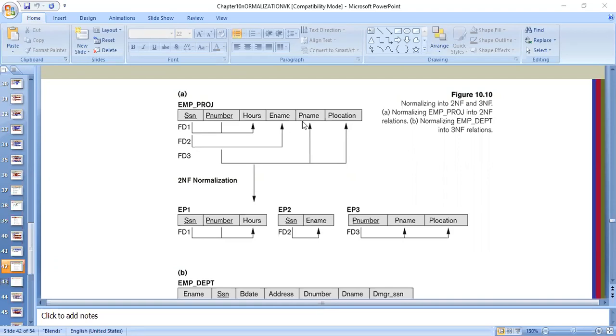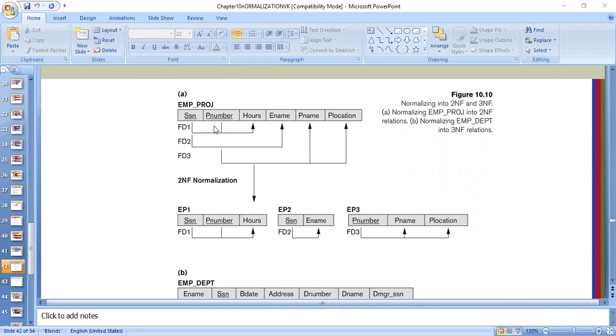First you have to show this part and say that it is not in second normal form. So you have to write that to bring it into second normal form, we have to separate those attributes which are not fully functionally dependent on this composite primary key. So e-name is one such attribute which requires only SSN number, so let us separate it along with SSN number. And then p name and p location are attributes which are only dependent on project number. So let us separate these 3.